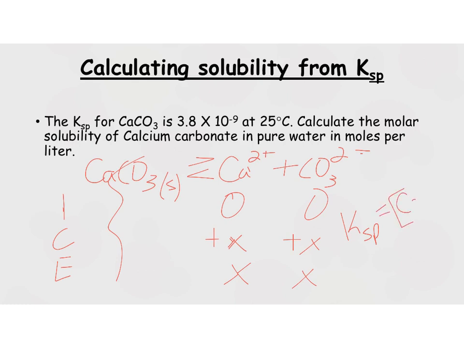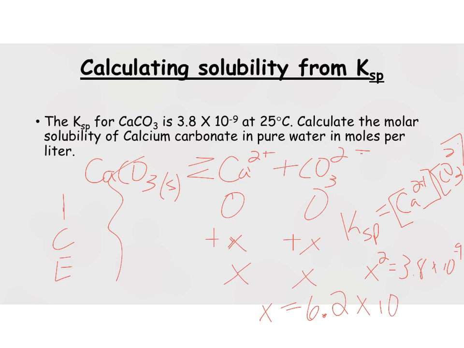Okay. All right, so there is my expression. I'm running out of room. Okay, anyways. All right, so there's my expression. So basically, it's just x squared is equal to my Ksp, which is 3.8 times 10 to the negative 9th. All right, square root that, and you get... So your x, which is your concentration, ends up being 6.2 times 10